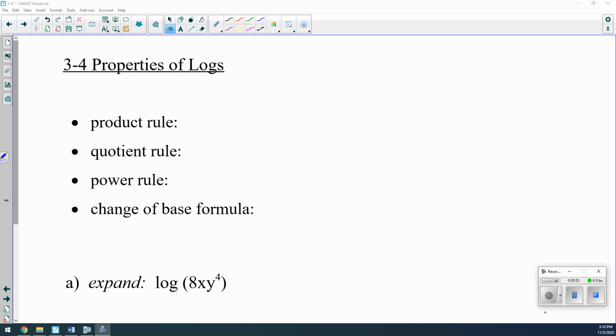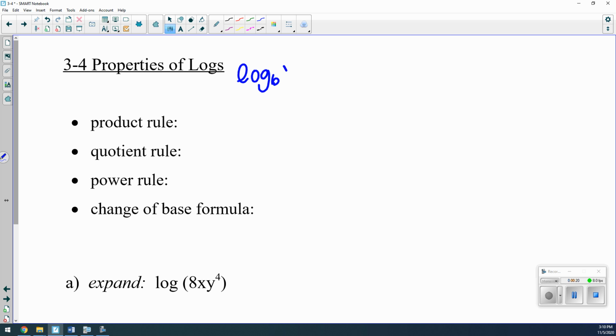So 3.4, properties of logs, something else you guys got really good at in Algebra 2. So this is going to be a quick and easy section, and I hope you have some fun with the math. So we have all of these properties of logs, you know, like the log, I don't know, log base